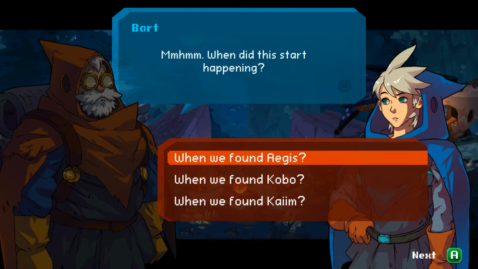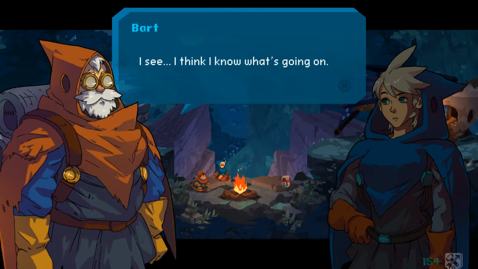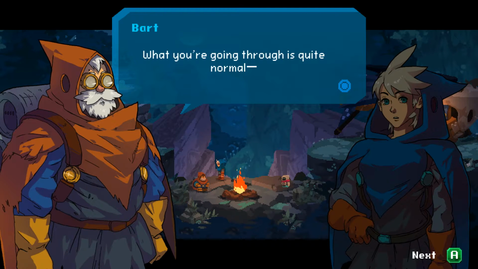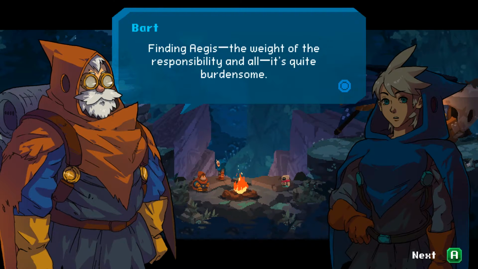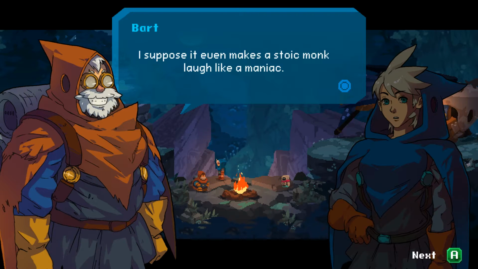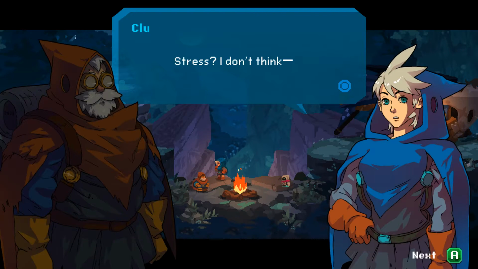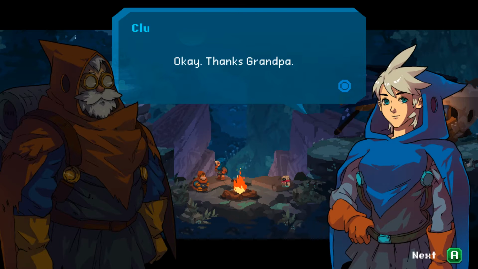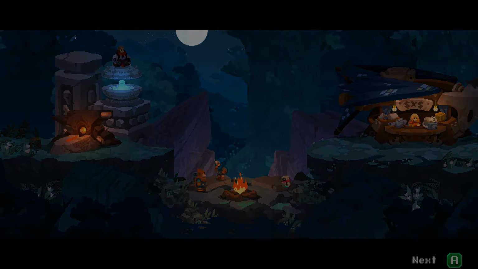No. Let's see. It started happening when we found the Aegis, I think. Yeah. I think I know what's going on. Actually, it might have been when we found Kobo. This very thing has happened to me before. What we're going through is quite normal. No, Grandpa. Finding Aegis, the weight of the responsibility and all, it's quite burdensome. Suppose it even makes a stoic monk laugh like a maniac. It's probably just stress. Yeah, I don't think so. Wait. Yeah, it's good to talk about it. But